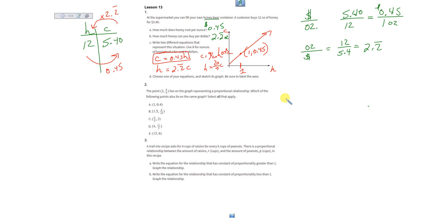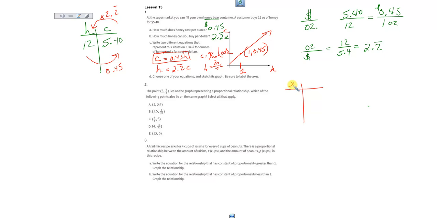3, comma 6 over 5. It lies on a graph that represents a proportional relationship. Which of the following points also lie on that same graph? Select all that apply. Alright, so if this point is on the graph, that tells me that I have a